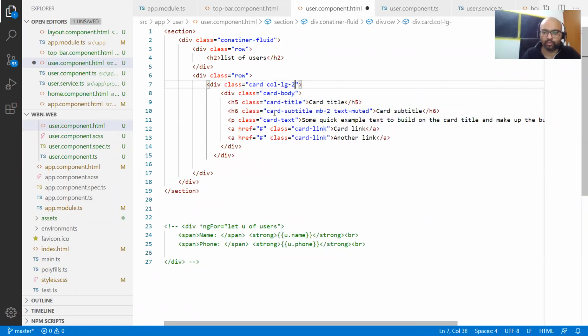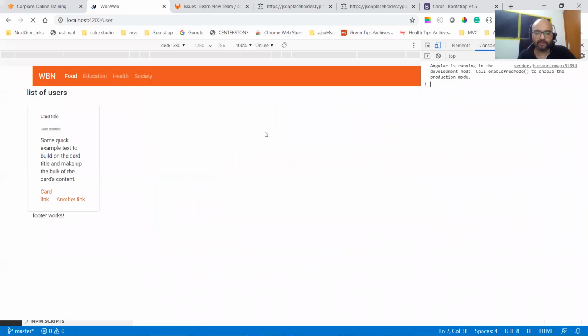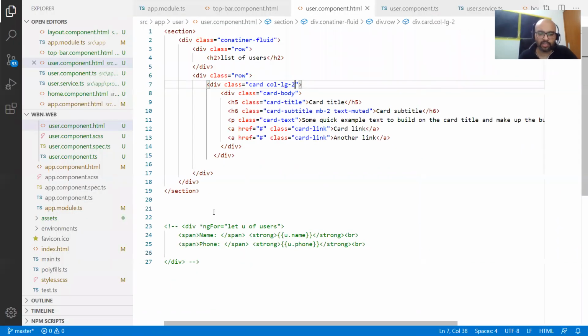If I put 2, then 6 cards will come. Am I right? Let's see. And I should put a loop here, correct? Step by step, no hurry. Loop. Now I should see 6 cards in one row.